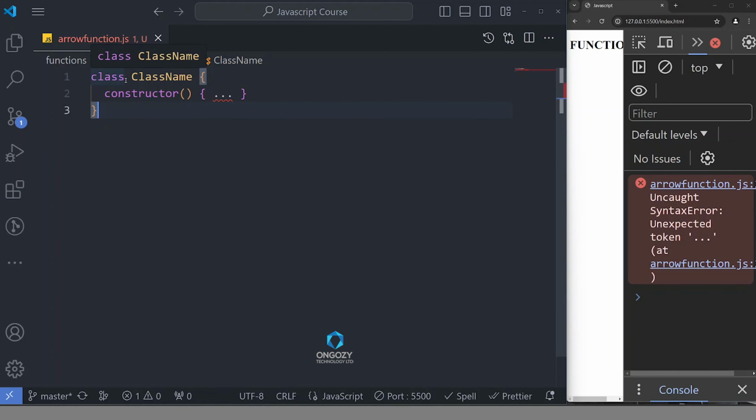We have the class keyword, and then we have the class name with these curly brackets, and then we have the constructor with the parentheses and whichever code you want to run here. An example that we are going to look at is,